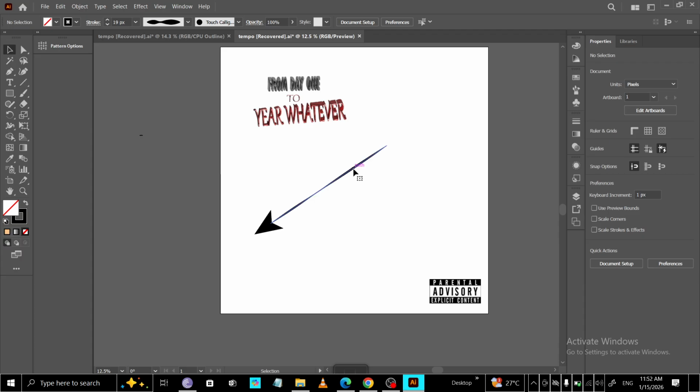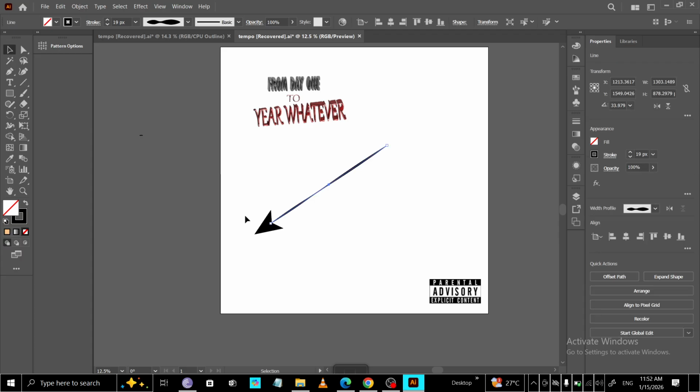That's it. Draw your line, open the stroke panel, choose your arrowheads, set the scale, and refine the stroke weight. With these controls, you can create precise, professional arrows in just